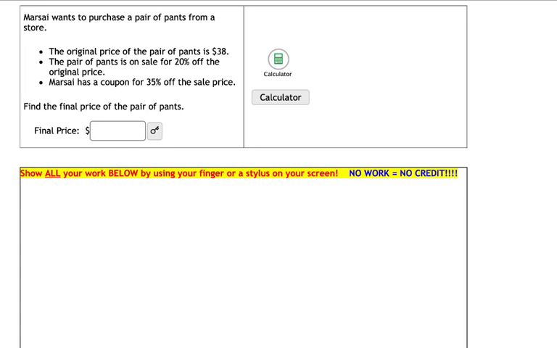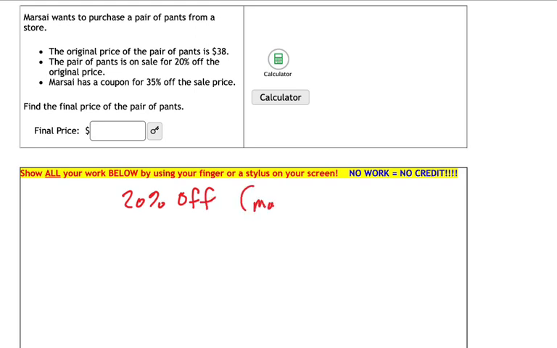Here we have another multi-percent problem. We can see that we have a 25% off, probably a coupon, or it's on sale. The pair of pants is on sale for 20% off the original price. And then another 35% off. So the two things that we have going on is 20% off,